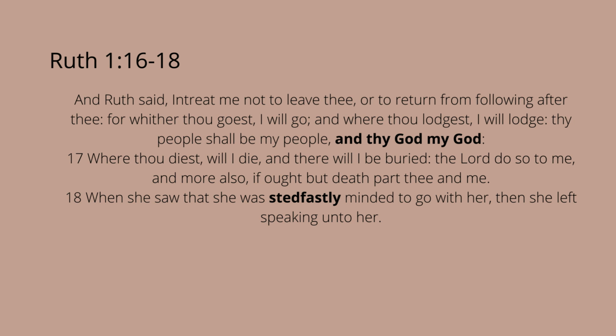And if you want to really trip out on this, you can go look up the origins and the name of Orpah, and also look up what Ruth means. And it gets really trippy. But Ruth chooses to stay with Naomi. And so we're going to read from Ruth 1,